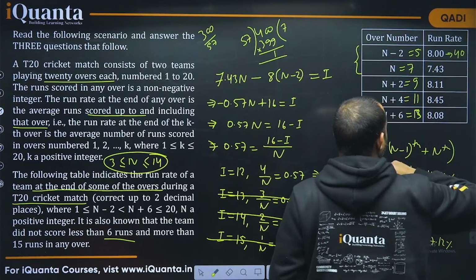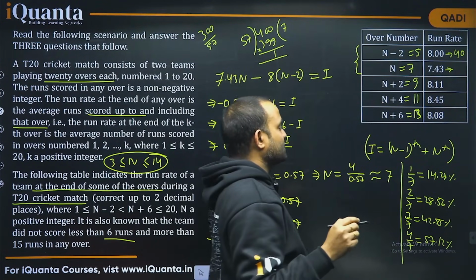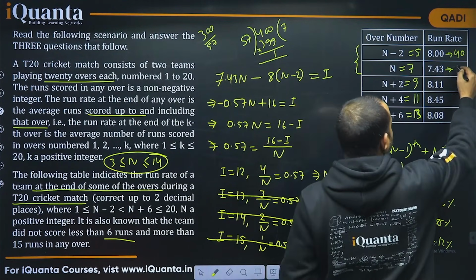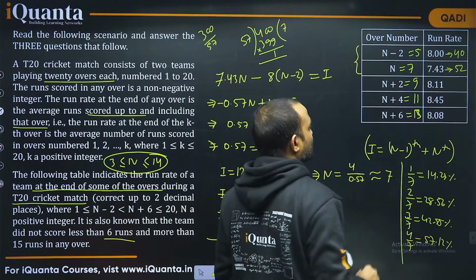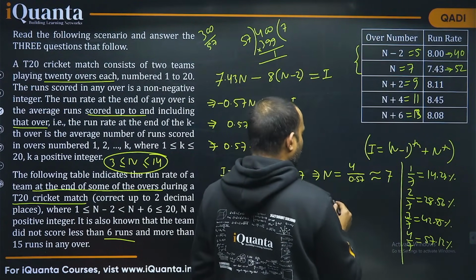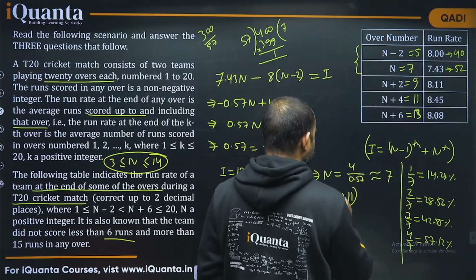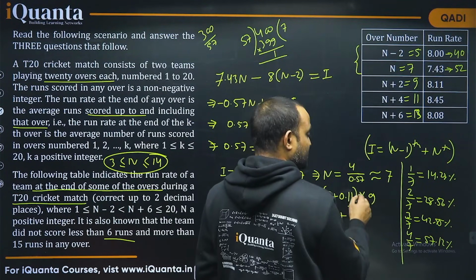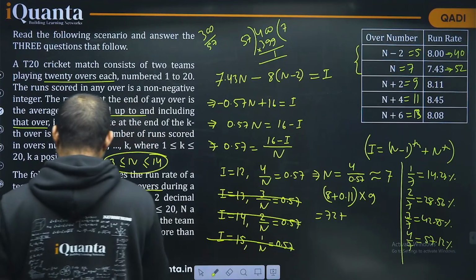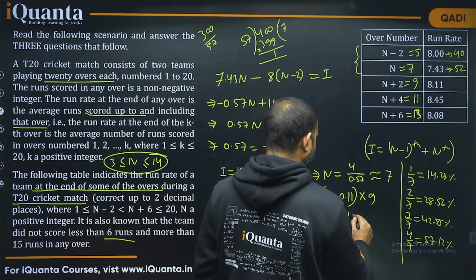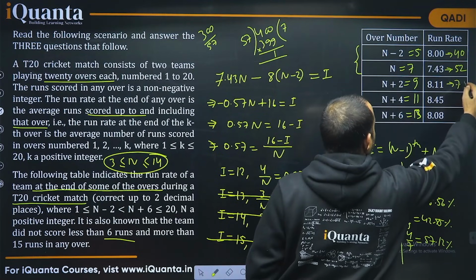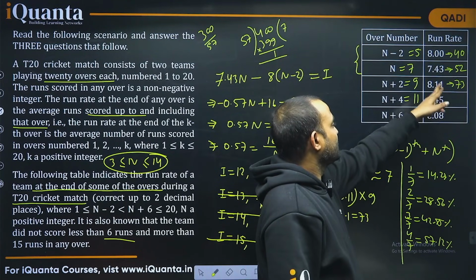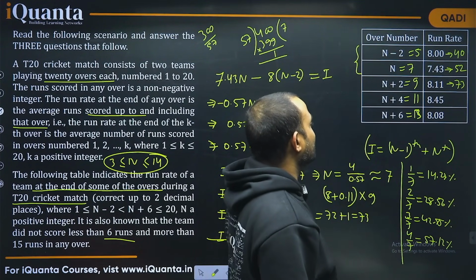This will be 40. And in this case, the total runs scored in these 2 overs is 12, right? I is equal to 12. So, this will be 52. Now, in this case, what will be the 8.11? So, 8 plus 0.11 into 9. This is 72, and we know that this is 1 by 9, right? We are supposed to take 1 by 9 because it's correct up to 2 decimal points. So, this will be 1. So, 73 runs scored in 9 overs. And here, the difference is 0.36, or you can simply multiply it by 11 into